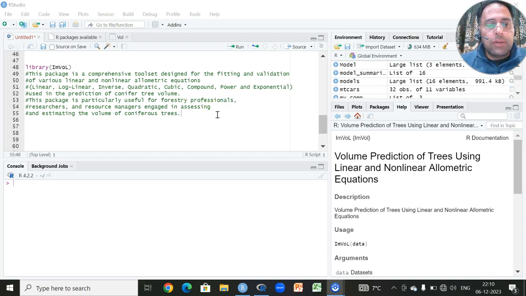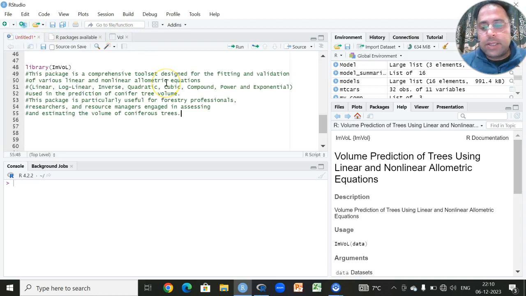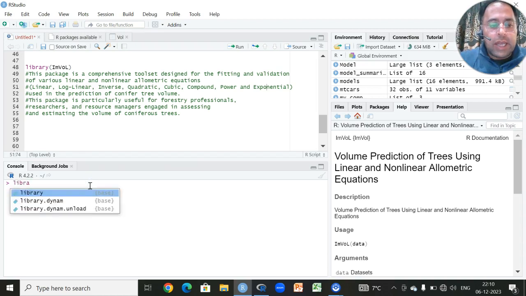So for that we'll be using a data set, that is VOL, and this is already imported, and this data set is by default present in this library. So for fitting allometric equations like linear, log linear, inverse, quadratic, cubic, compound, power, exponential, we don't need to write any kind of codes for that. We simply need to import or recall this library